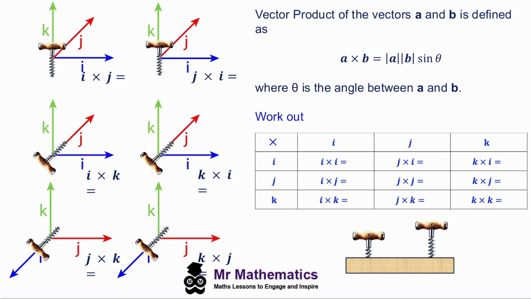So we should know that the dot product of two vectors always gives us a scalar. The vector product of two vectors, say vector A and vector B, will give us another vector, which runs perpendicular to both A and B. So when we cross vector A with vector B, we get the normal vector that runs perpendicular to both A